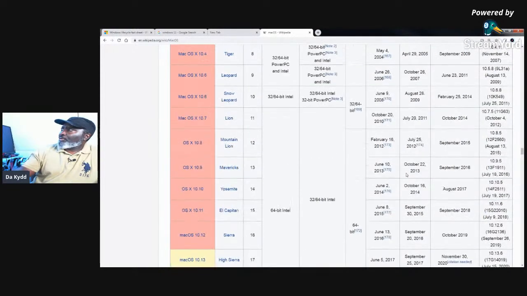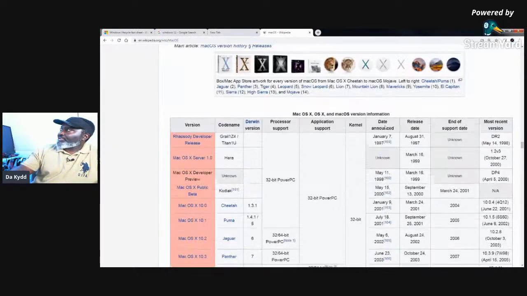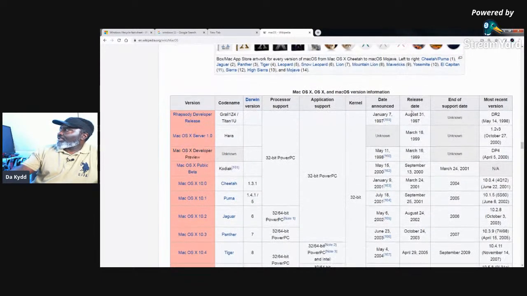All right, let's start. I usually start with Lion, because anything before Lion is mostly outdated. You won't be using anything like that. So starting at Lion, it was announced, released, end of support, most recent version. So this column